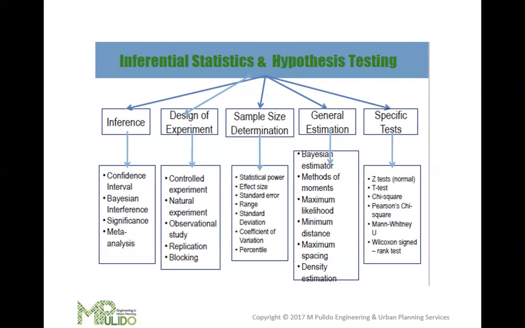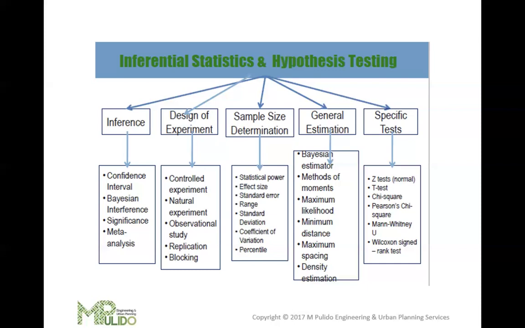Under design are controlled experiments where all variables are kept constant except for the variable being tested. Example, when you're trying to test the effectiveness of a new medication where one group receives the medication, another receives a placebo. Then observational study, where the researcher has no control over the variables but can observe the effects of naturally occurring differences. For example, when you're studying the health effects of living near a polluted area.